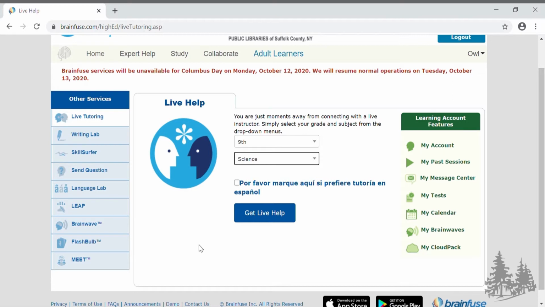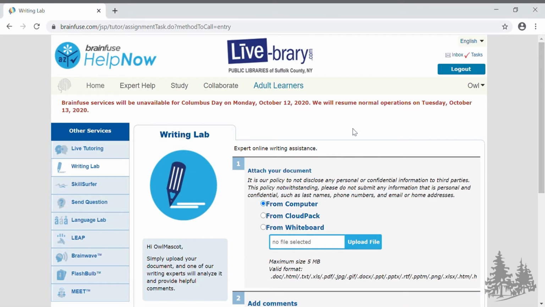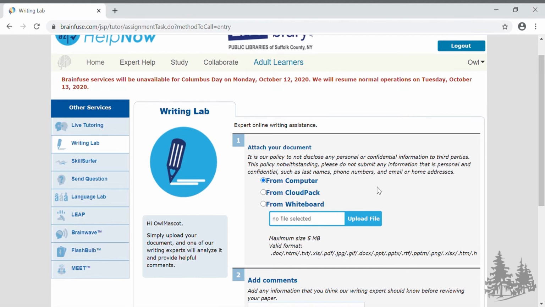So that is, again, one of the most popular features of Brainfuse, but I just want to touch on a couple of other things that are available. This one, the Writing Lab, is very, very helpful. So maybe you have a paper coming up in your English class, or really any class. This allows you to attach your document. So you can put that paper, maybe you're having a little trouble with the wording,